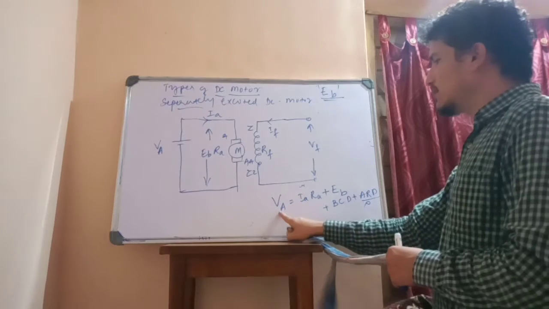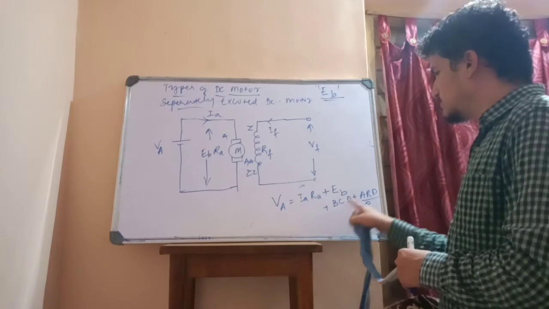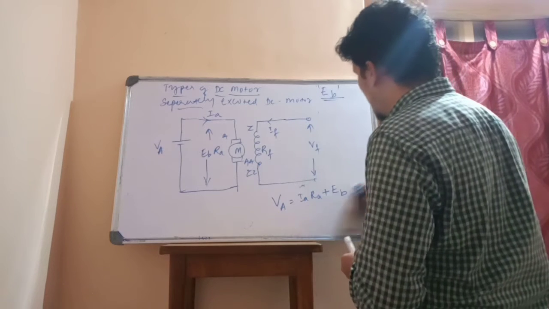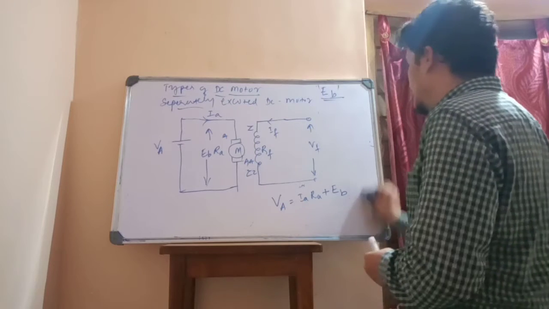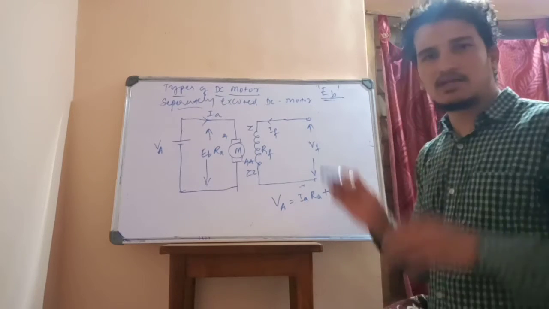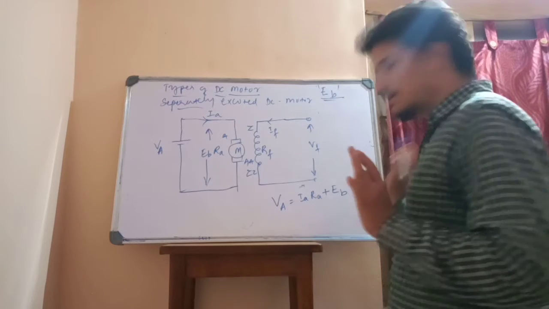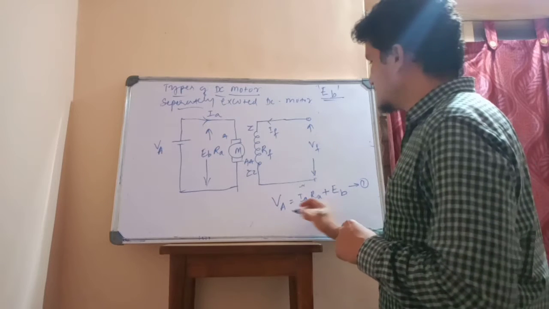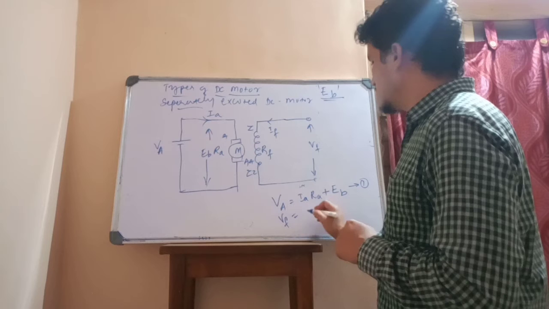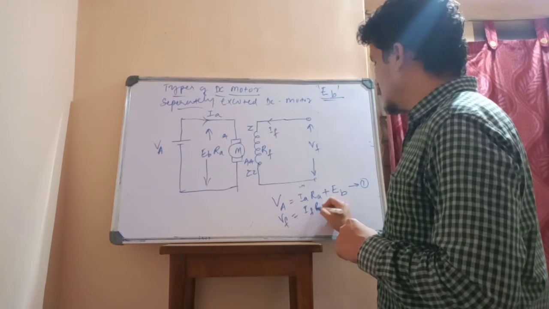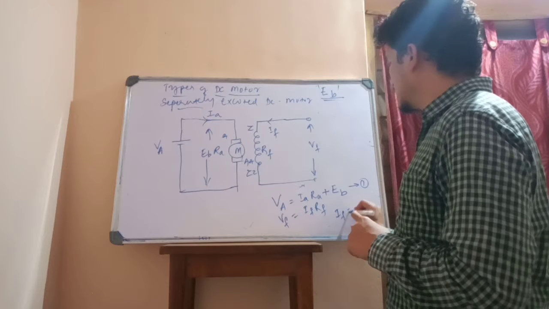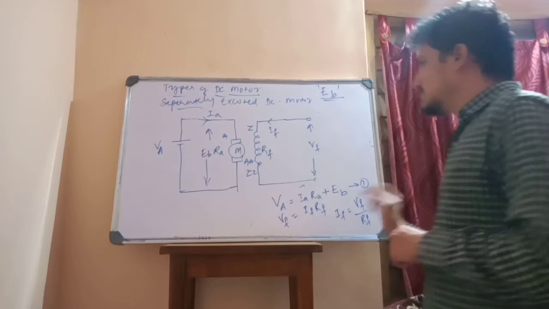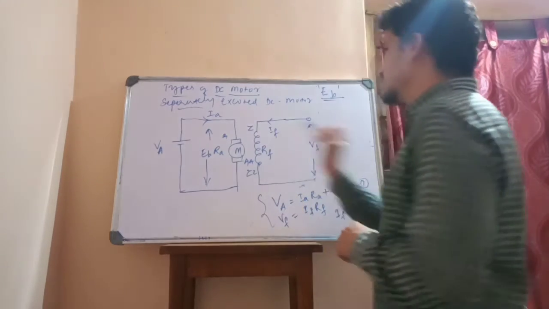So the equation is VA is equal to IARA plus EB plus BCD plus ARD. Usually I don't write this BCD and ARD unless it is mentioned in the numerical problem, then we have to take it into consideration. Otherwise VA is equal to IARA plus EB. Okay, I will mark this as one equation. Second equation is VF must be equal to IF into RF. So IF is equal to VF divided by RF. Okay, so these are the equations connecting the